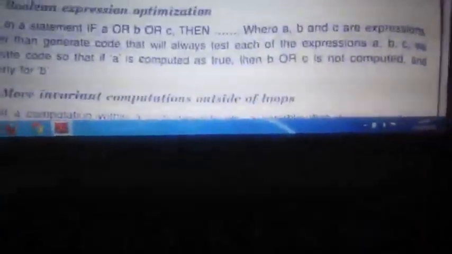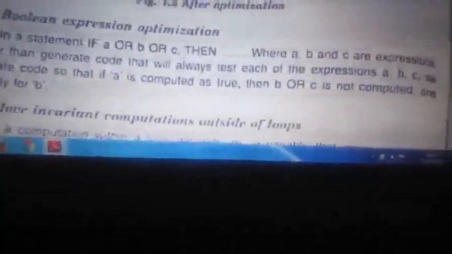Next is using more or conditions, clubbing 2 or more conditions, right? For example, if you have to check the largest of 3 numbers, instead of checking individually, that is A is greater than B, then A is greater than C, then A is greater; B is greater than A, B is greater than C, then B is greater; C is greater than A, C is greater than B, then C is greater.